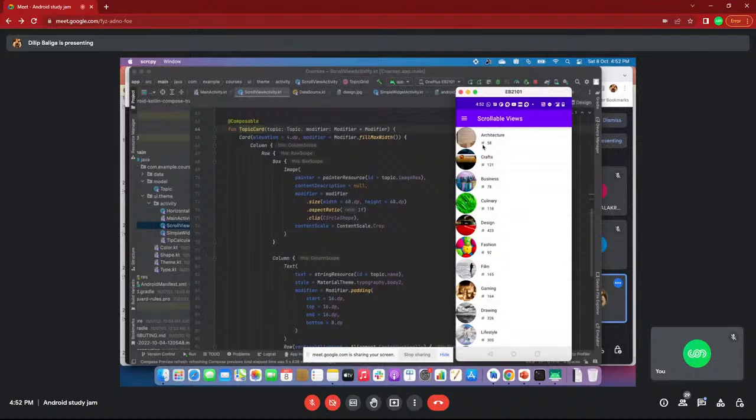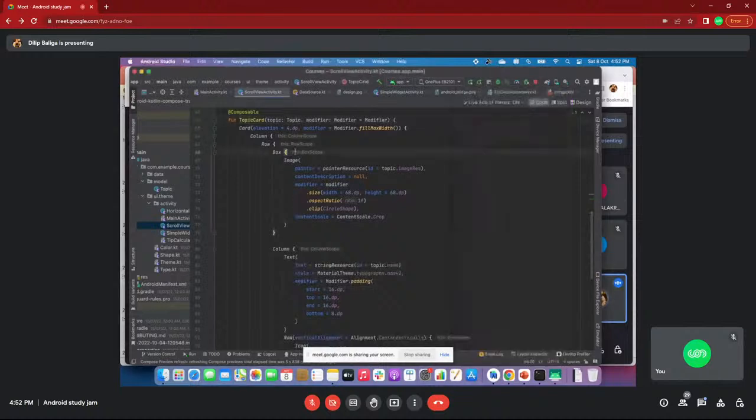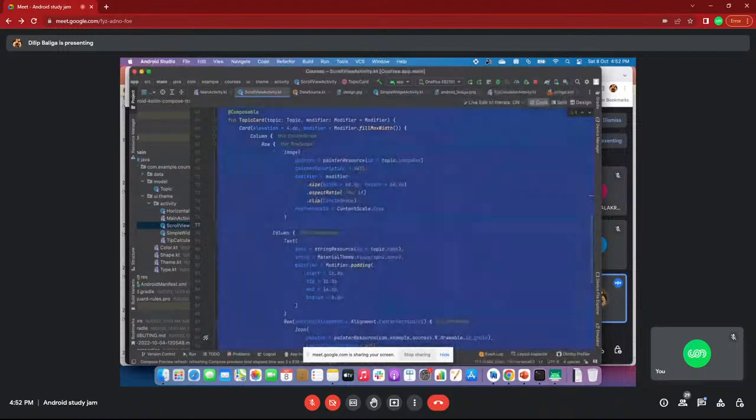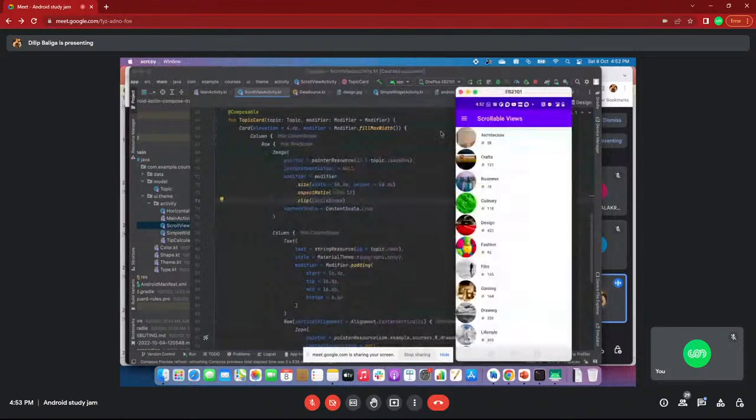That is why I again wrote a box to create the image here. This box is unnecessary, we can avoid it and just specify a row.